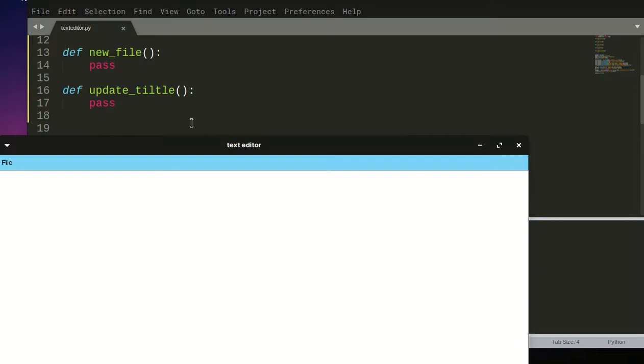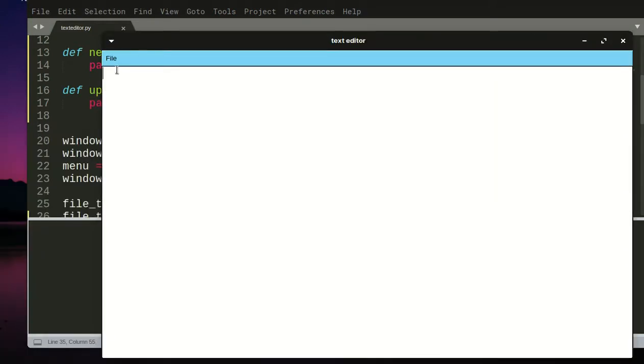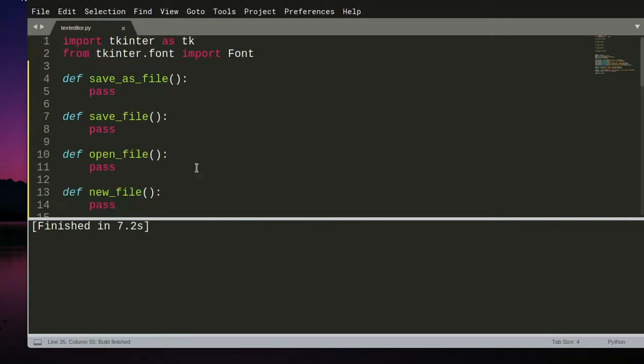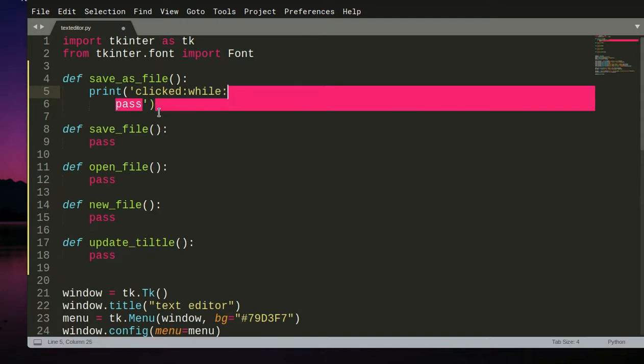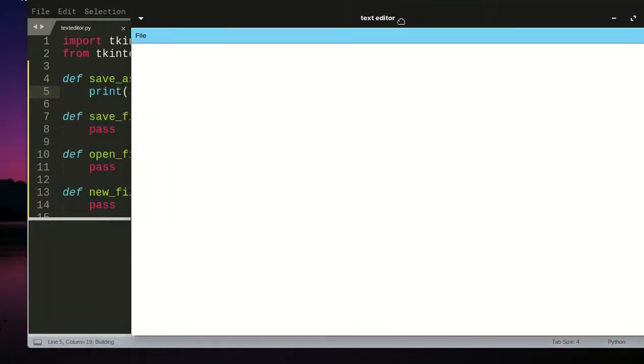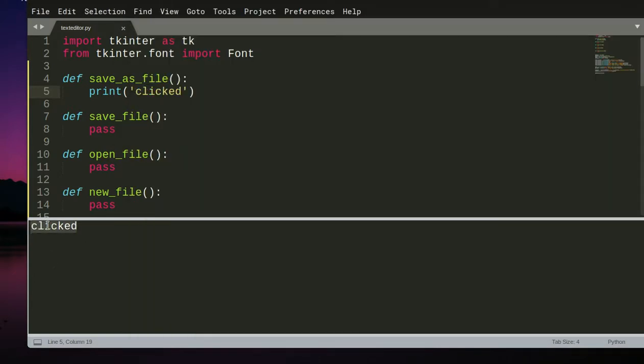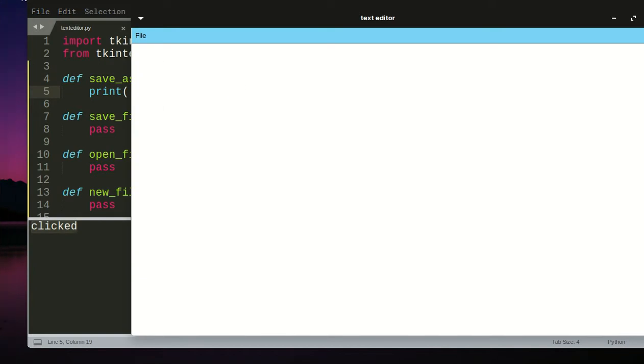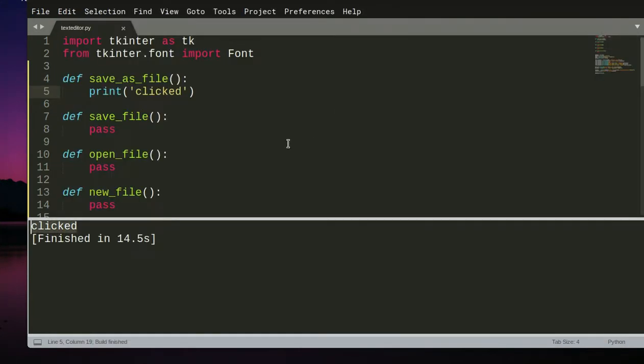And now if we run the code, there is no output, because all the functions don't do anything. So let's say if I say print clicked, then if, sorry, I think I just messed something up. So if I save that, and now just watch my terminal, and if I say save file, you can see that clicked got printed right here. So what we are going to do next is